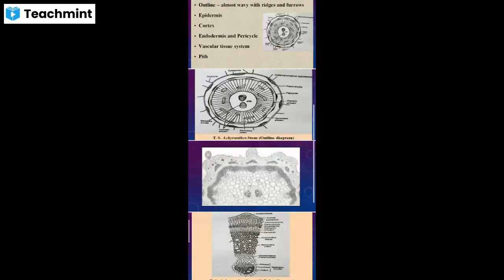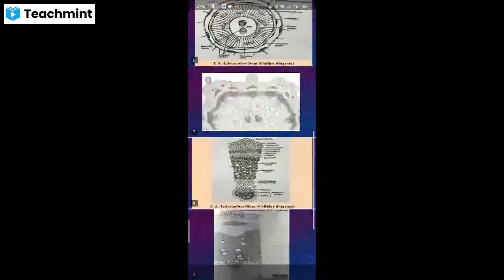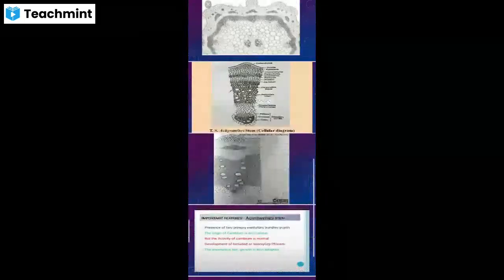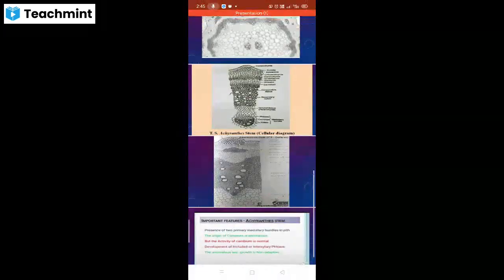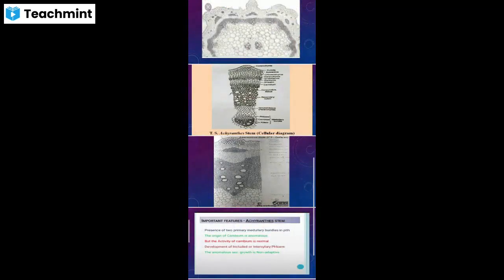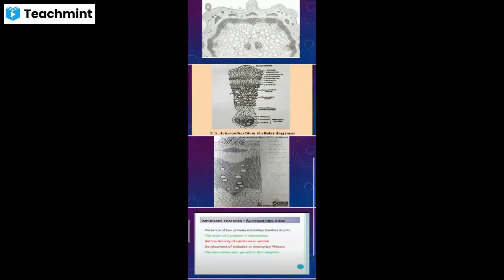Then after some time, a new ring of cambium develops from the pericycle. Here the cambium shows abnormal origin because it develops from the pericycle. Secondary phloem is present in the form of patches with conjunctive tissue, forming a complete ring outside of the cambium. Secondary xylem also shows presence of conjunctive tissue. Pericycle is represented by sclerenchymatous cells outside the vascular tissue.